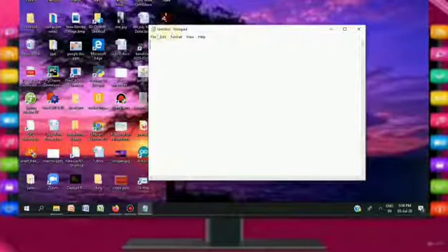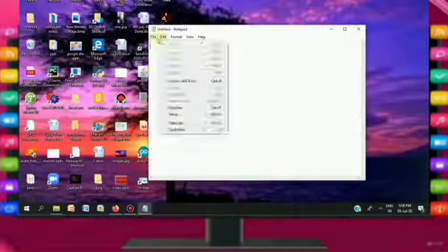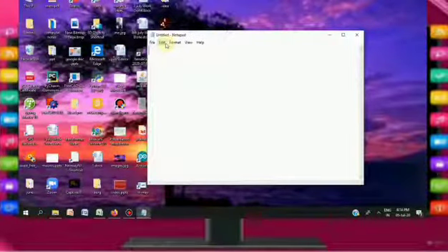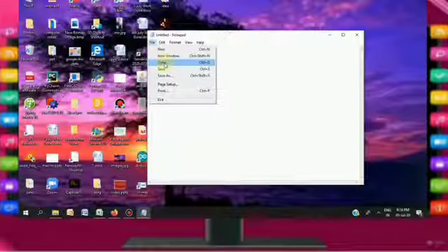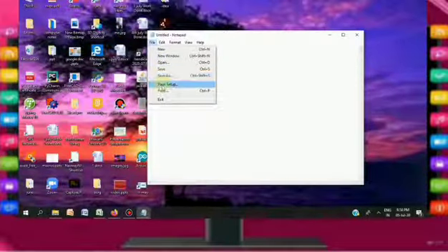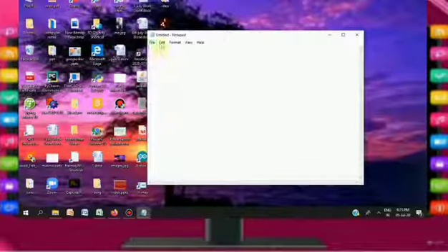Below the title bar, there is a menu bar. It provides you with several commands that can be executed by just selecting them. The menu bar has the following options: File, Edit, Format, View, Help. File menu is related to file operations. It is used to create a new document, to open a new window, to open an existing file, and to save the current file. There is also save as a different one, page setup, print, and exit.